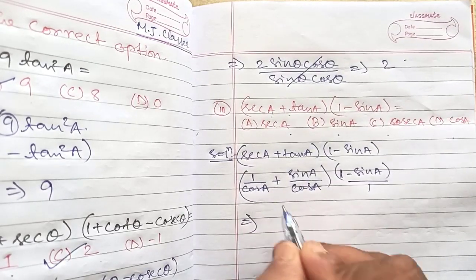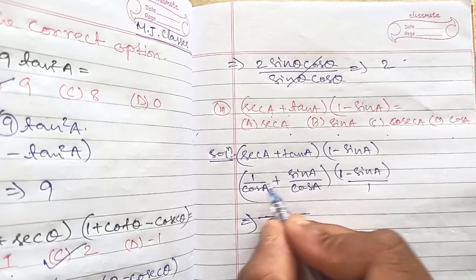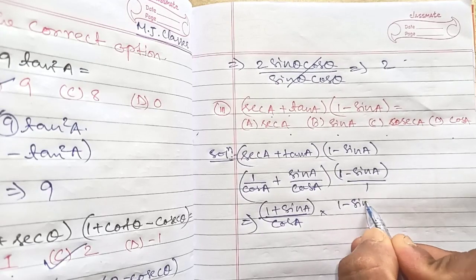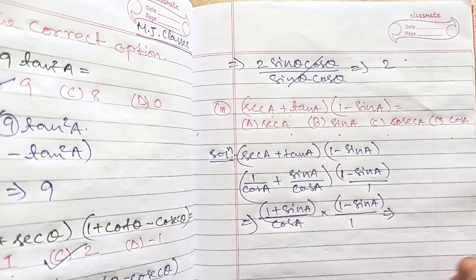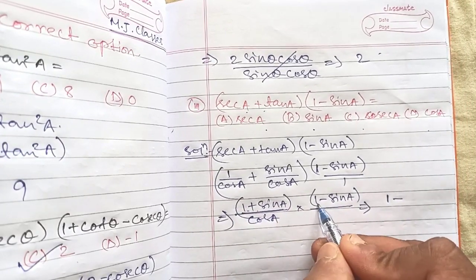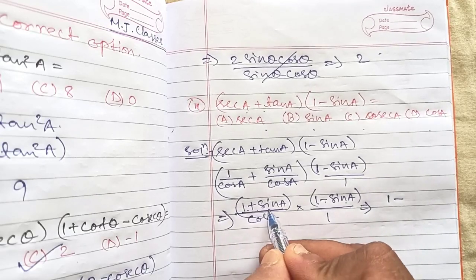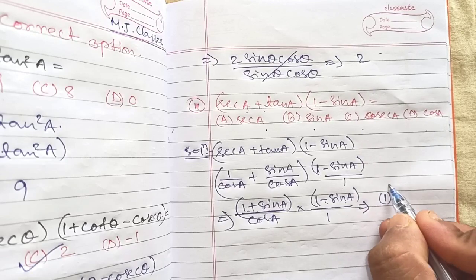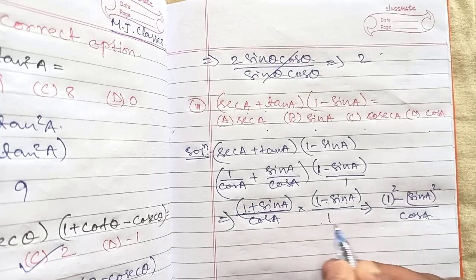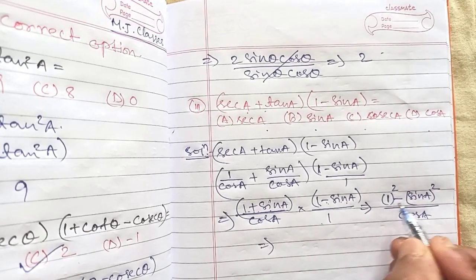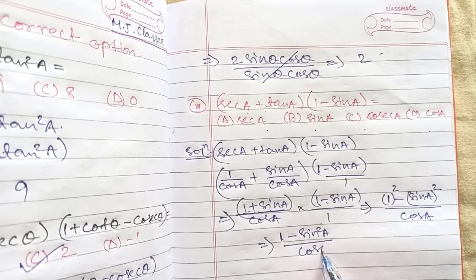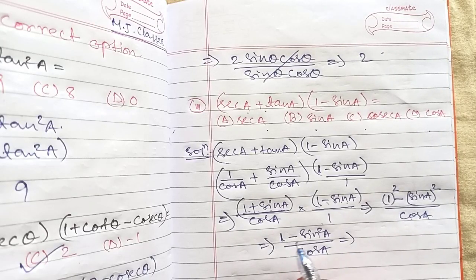There is no denominator, we can write 1 here. Okay, LCM is cos a, as it is common between both, and the numerator will be as it is, into 1 minus sin a by 1. Multiply 1 plus sin a into 1 minus sin a. That is a plus b, a minus b, the a square minus b square formula. By cos a into 1 is cos a. Now 1 square is 1, minus sin square a, by cos a.